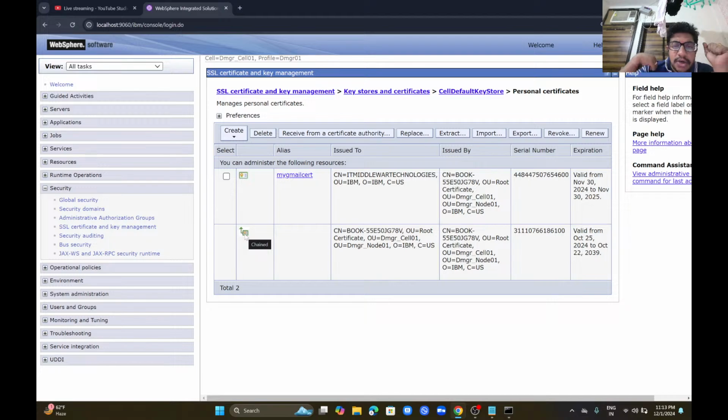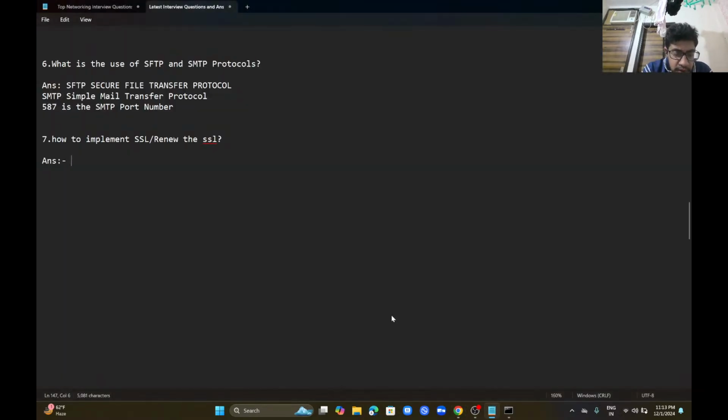Press only one time, not two, three times, or it will get an error. Before that, we can take backup. Take backup of trust.p12, key.p12, security.xml files: cp space -pr